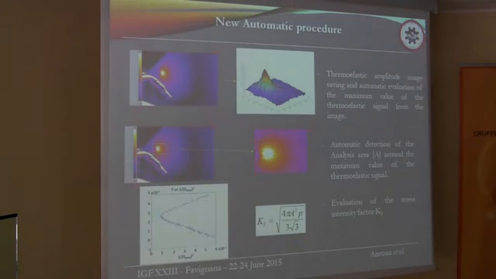process. So we have to save the thermal images from the surface of the stressed body. We have to evaluate the amplitude signal image in order to evaluate the maximum thermoelastic signal. So we have an automatic detection of the analysis area in order to avoid the false signal that derives from the fixture grips. Then we can evaluate the stress intensity factor from the plotted graph, and